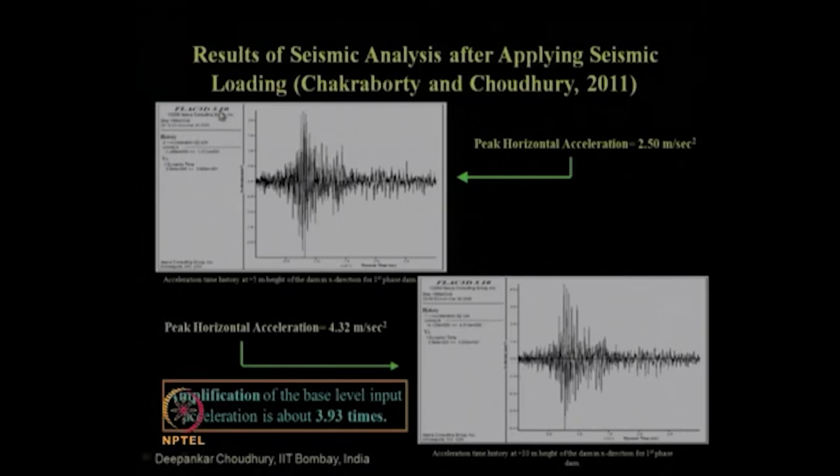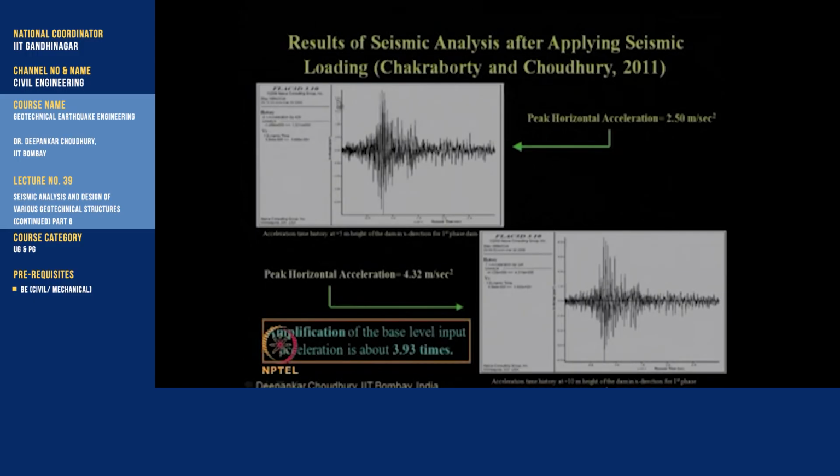Then also this seismic output of acceleration versus time response at different height of this tailing dam is considered. Why it is considered? To see how much amplification is occurring in that material of tailing dam. You can see here peak horizontal acceleration is 2.5, as you can clearly find out from this output of this FLAC result. This is the acceleration versus dynamic time response at a height of 5 meter. Remember our tailing dam height in this case, first phase, is 10 meter. Okay. This is at 5 meter means